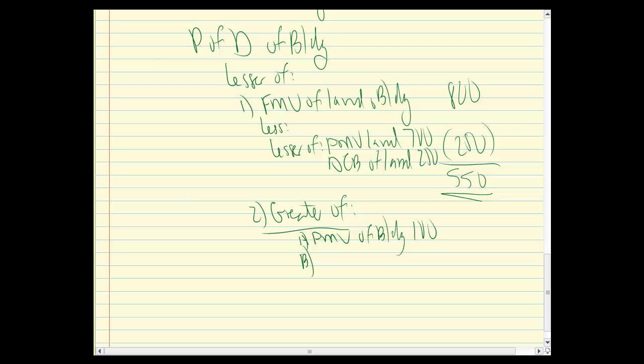The problem is, why not? We're here, we identified the issue, it's pretty easy to do. Get it out of the way. You know there's going to be marks. So it's the greater of, and you already know from part B that you have to calculate CCA later on anyway, so you're going to use this number somewhere else. So it's the greater of fair market value and the lesser of